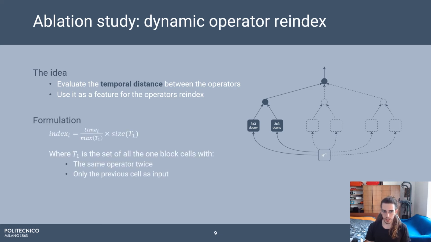This is, for instance, what we have called dynamic operator index, which is basically an ordering among the operations we have chosen for our approach, in order to have that the operations which require less time are selected as first operations. As you can see, we have chosen an index based on the normalized time which is required by each operation.